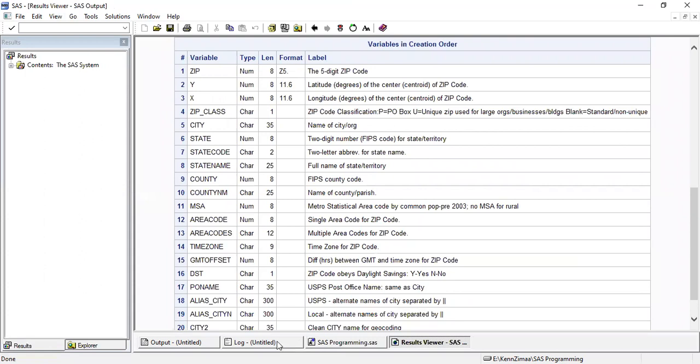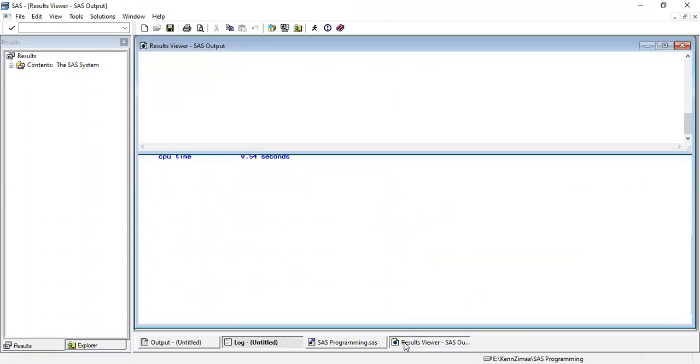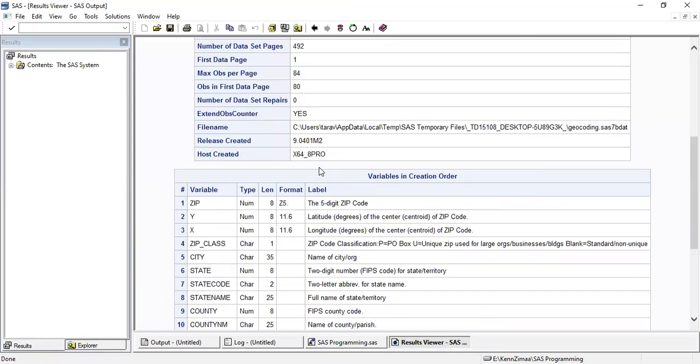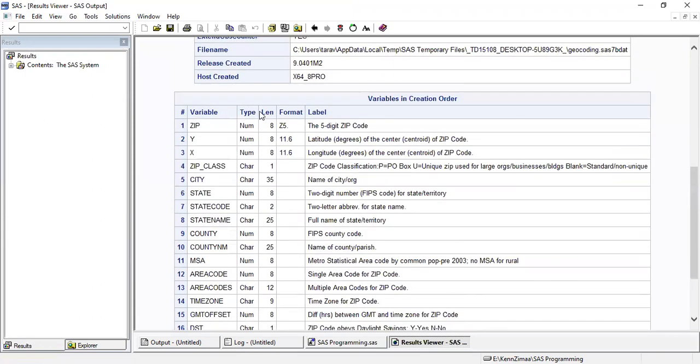Okay, so first we'll go to the log. It says proc contents data, note writing HTML body file, and it has run properly. Nothing in red, that means our procedure has run properly. Now we'll go to the output, or HTML body, or the results viewer. It will tell us what all variables are there in my data, what is their type in terms of whether they're numeric or character, what is the length defined in this data set, what is the format, and what is the label.